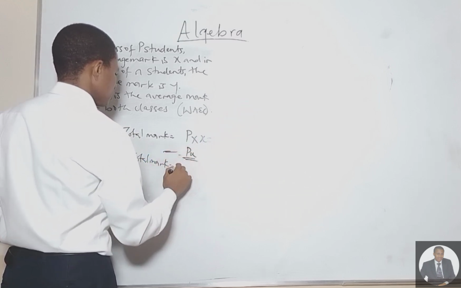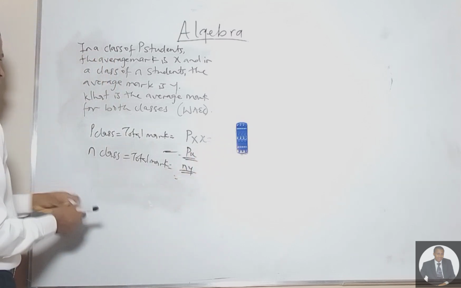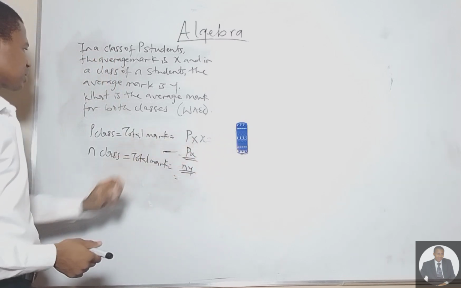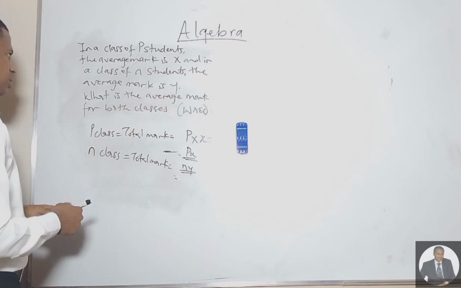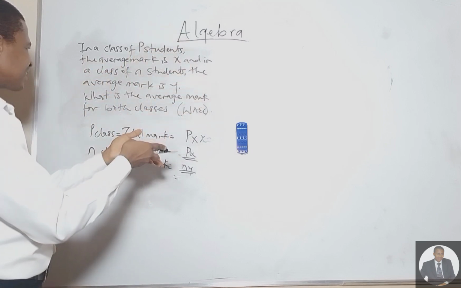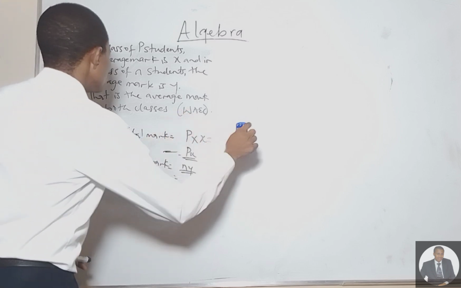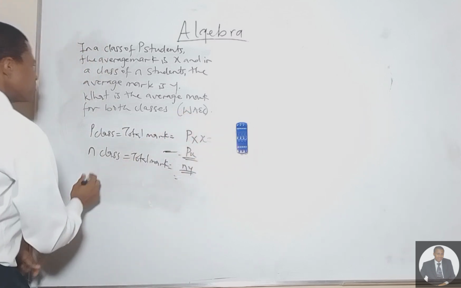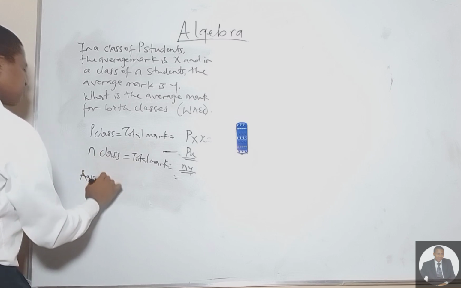PX plus NY, so total marks. Now, how do we find the average? Average is total marks divided by the total number. So, the average mark